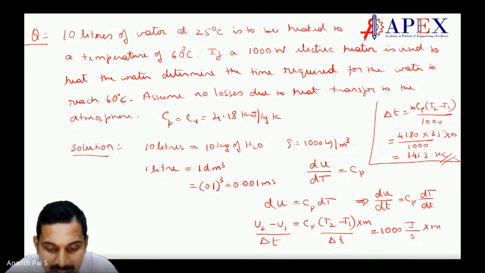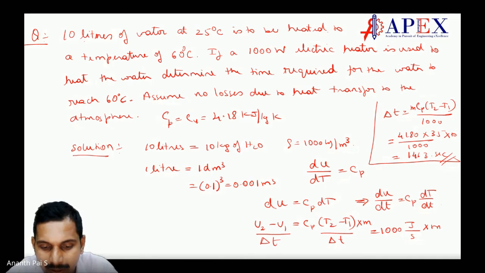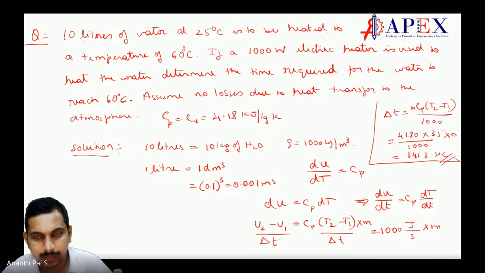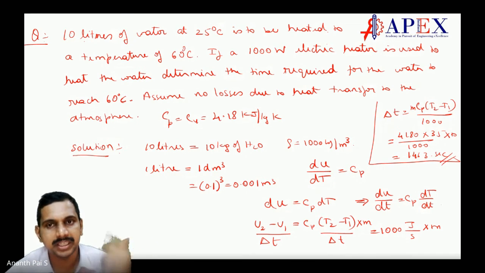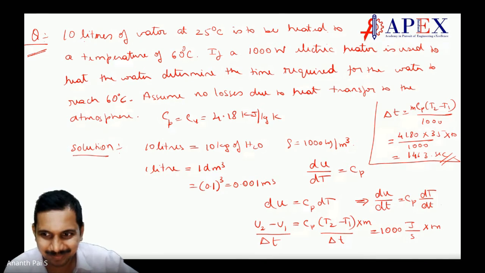So 4163 seconds means what? If you consider 4163 seconds, divided by 60, so around 69 minutes, 1 hour you will take. If you use 1 kilowatt to raise this temperature, you will take around, sorry, 1463. I'm sorry, it's wrong. 1463 divided by 60. So around 24.38 minutes you will take to heat it. In the morning, when you heat water, you can see the results. Is it not, students? 1463 seconds.